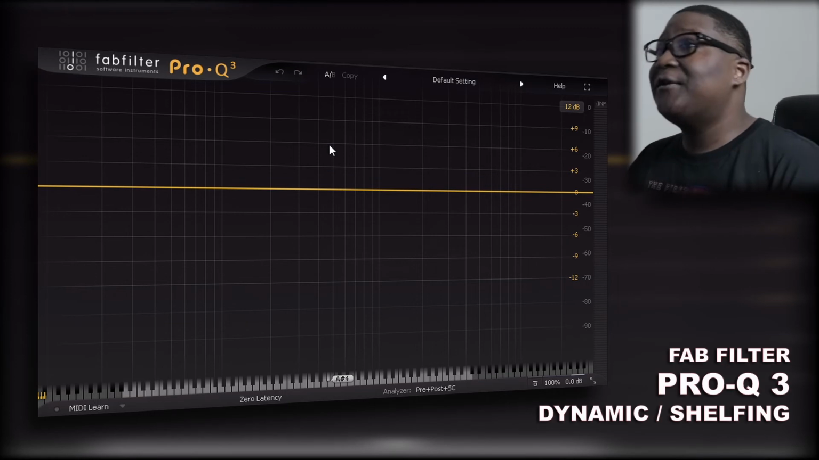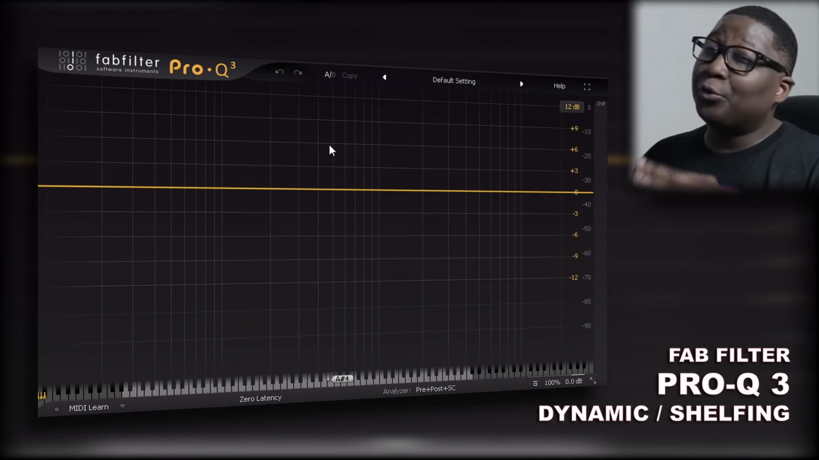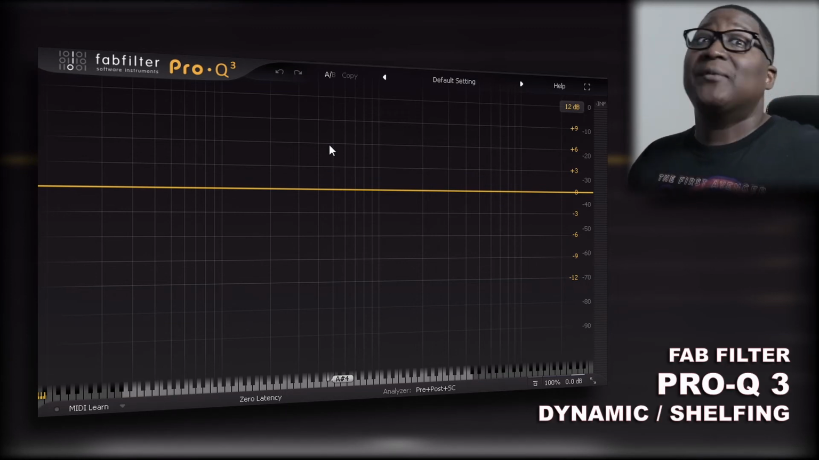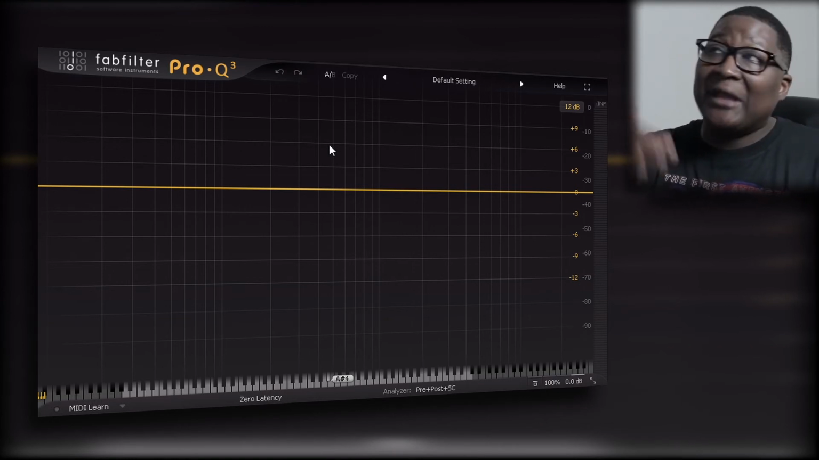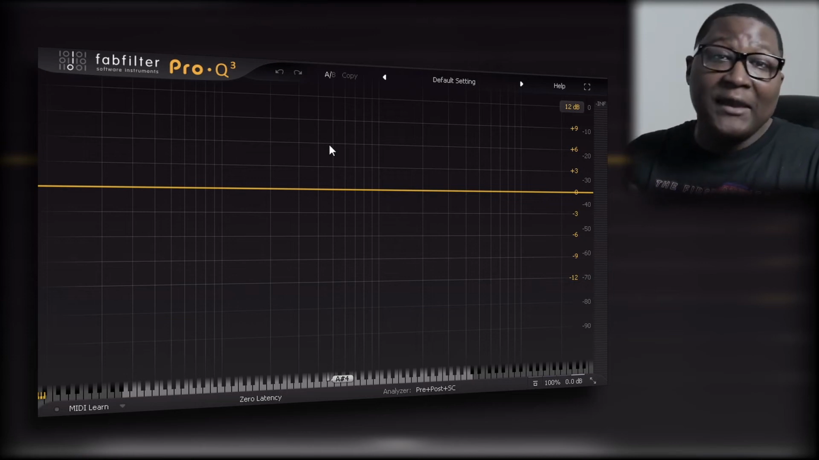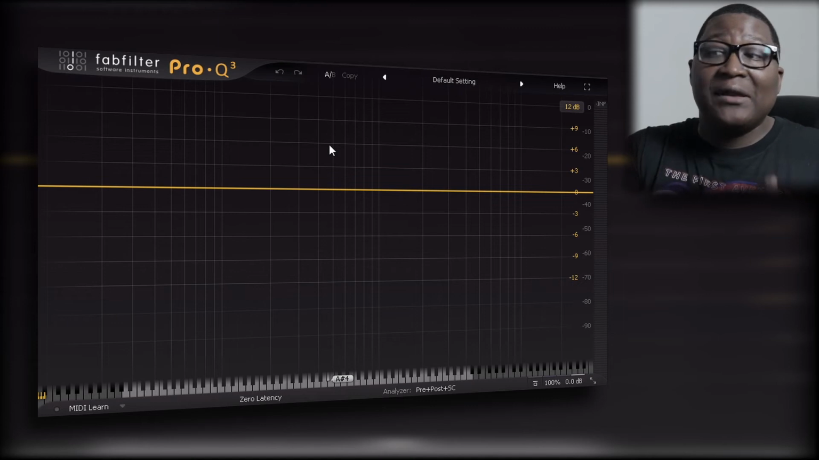So, alright guys, last but not least, this is the dynamic EQ. I'm using the FabFilter Pro-Q 3. This is one of the most popular and most expensive EQs out there on the market. The difference between a parametric EQ and a dynamic EQ is that dynamic EQs have the ability to compress certain frequency ranges. So in that way, you can sidechain certain elements